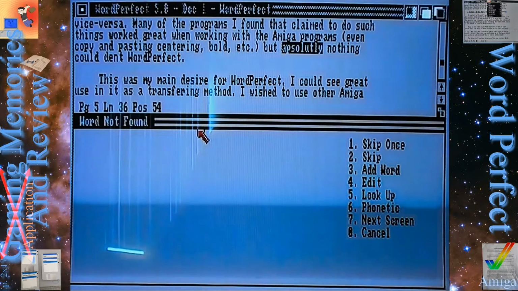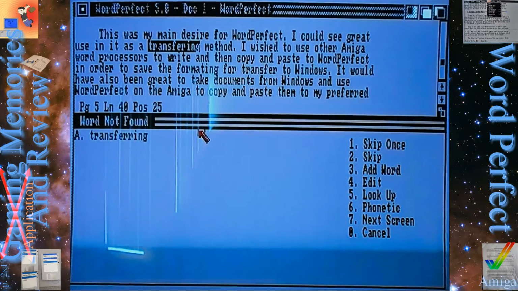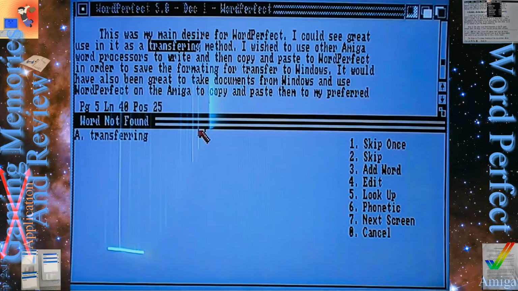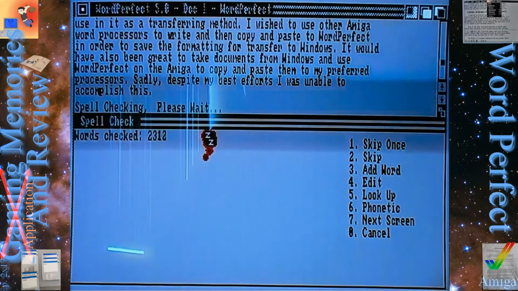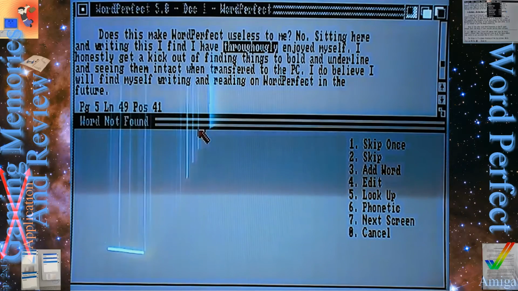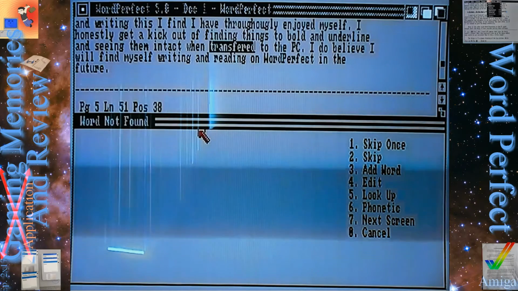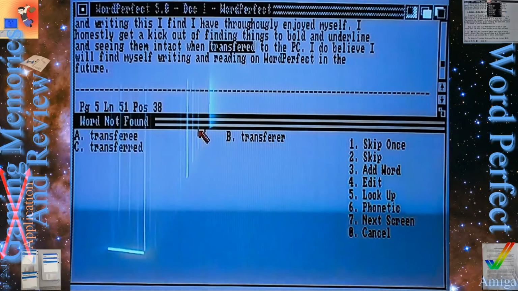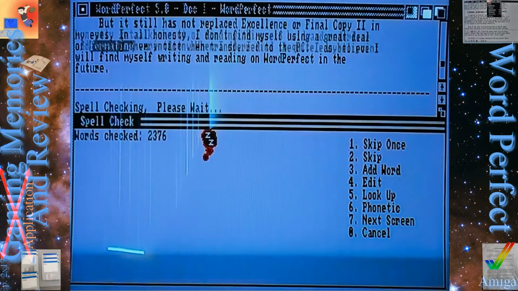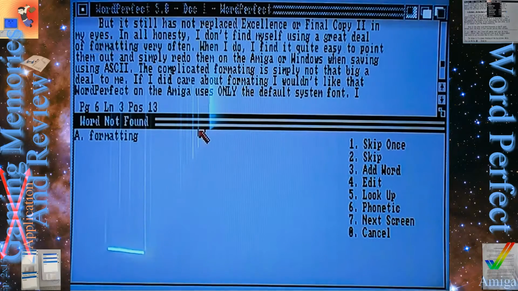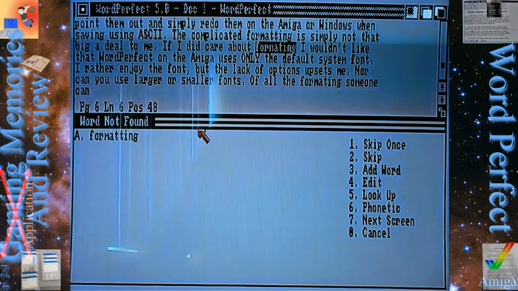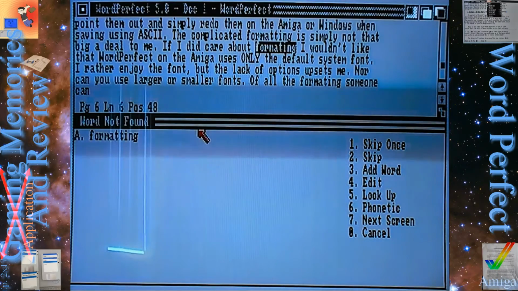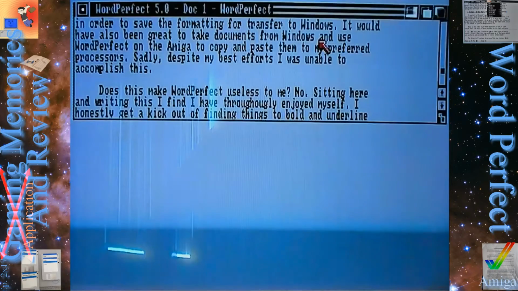Can't find it either. So this is my main problem with spell checks of these old word processors, they're pretty much useless for the most part. Maybe it's me because I really suck at spelling, but I can't say they're much better than me, quite honestly. Anyway, you get it. It's got a somewhat functional spell check. Okay, so that's enough. Thesaurus.